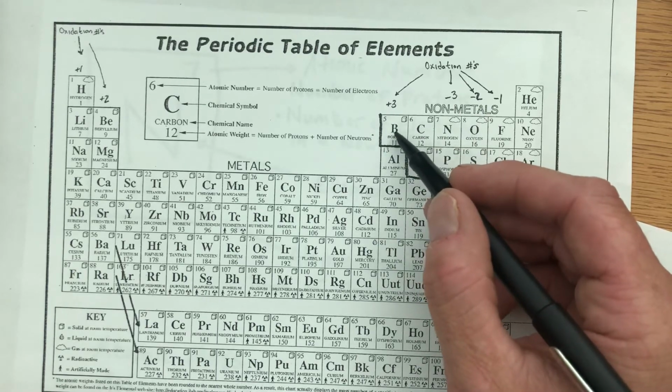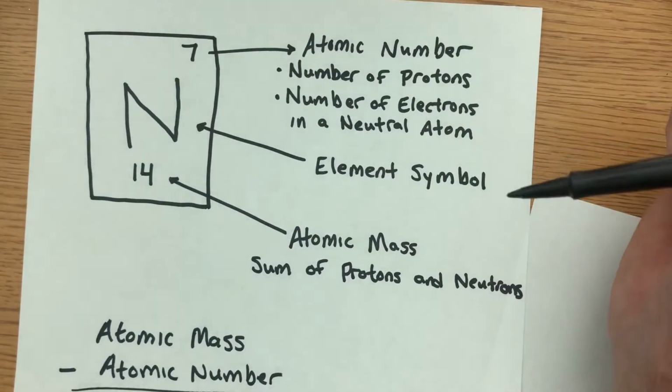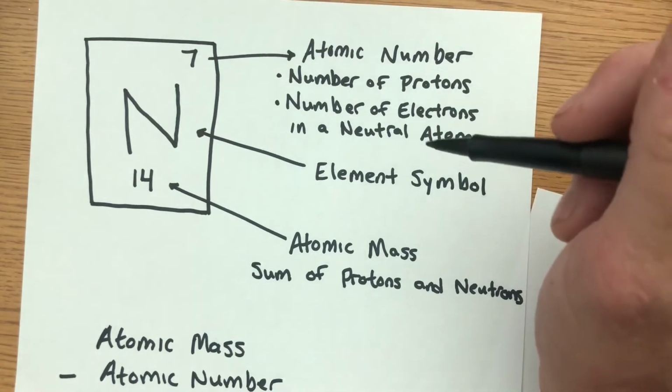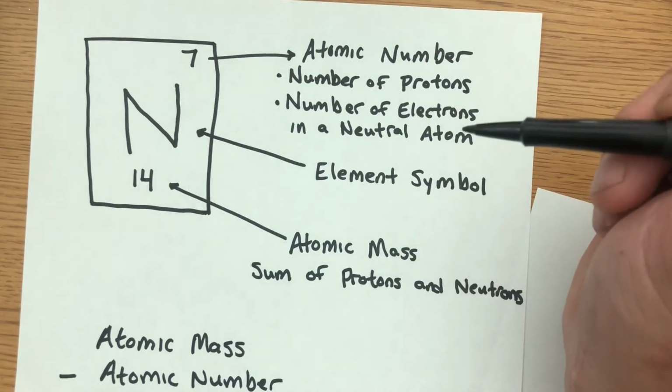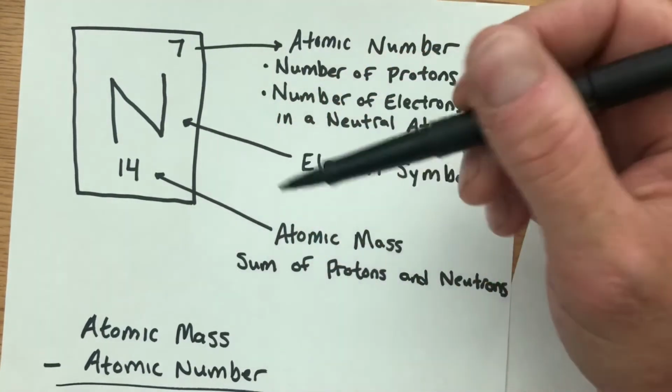A boron nucleus has 5. So that's the way that works. The letters that you see in the box, that's the element symbol. And some of them are 2 letters and some of them are only 1. And then the number below the symbol is the atomic